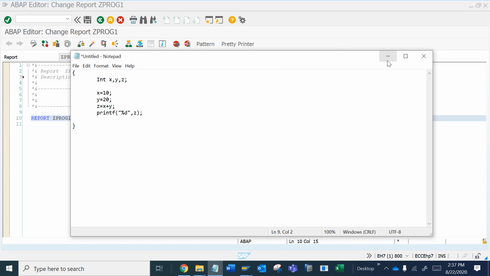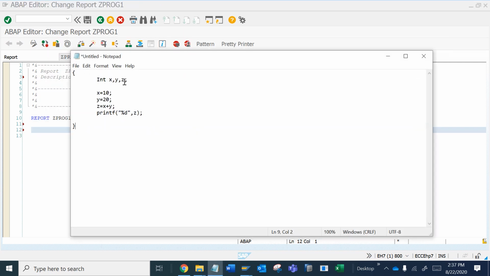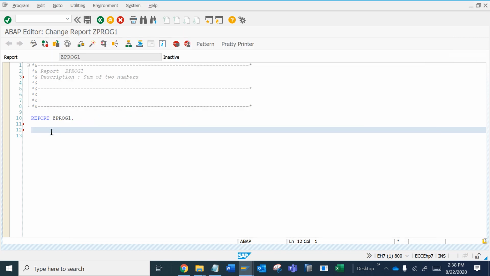And now if we talk about ABAP, first we will do all these steps in ABAP here. So first we will declare three variables. Let's talk about how to declare variables in ABAP. To declare any variables, we will use the DATA keyword. As you can see, keywords are displayed in blue color in ABAP, so that you can identify this is a keyword here.